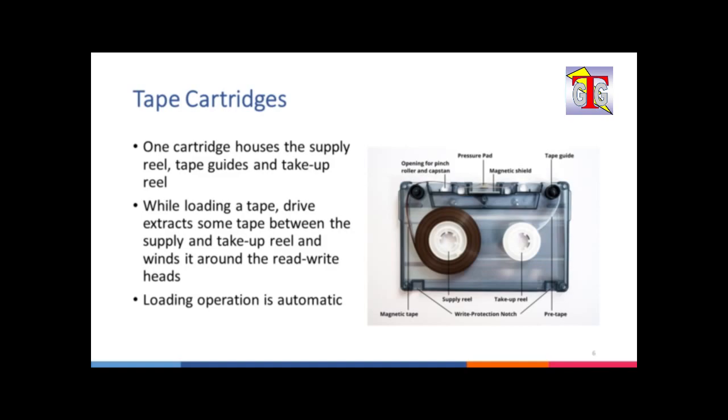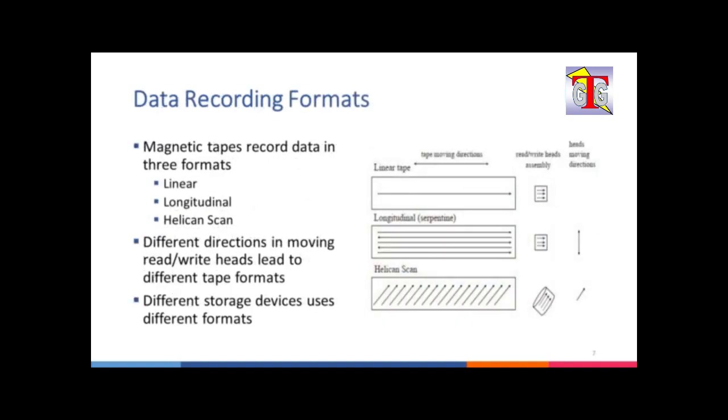So if a specific file needs to be located, a tape drive must read the tape cartridge from the beginning of the spool until it reaches the specific file location. This can take time and is the biggest drawback of a storage system using magnetic tape cartridges. However, tape is cheaper per gigabyte compared to hard drives and solid state drives, making it ideal for long-term storage and archiving. Now we will see how magnetic tapes record data.